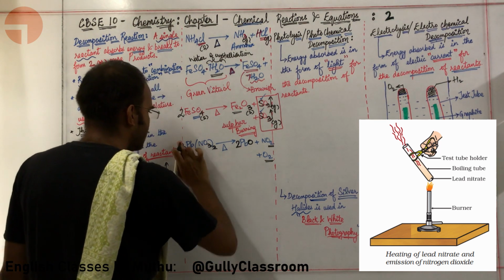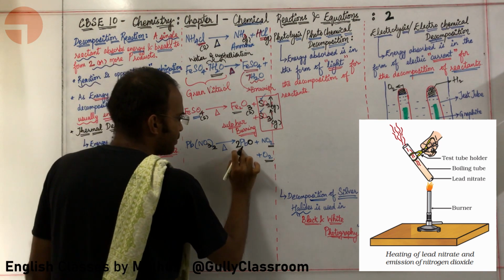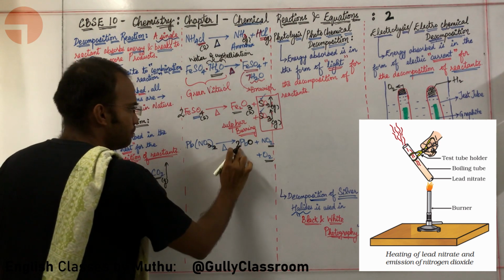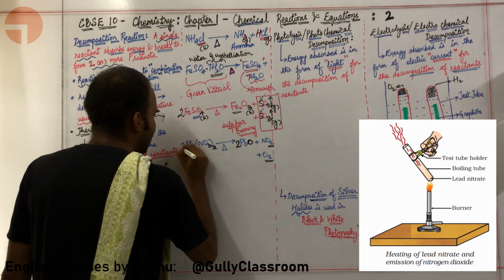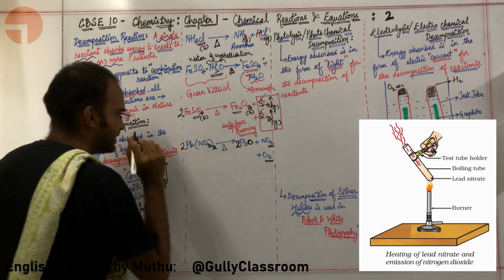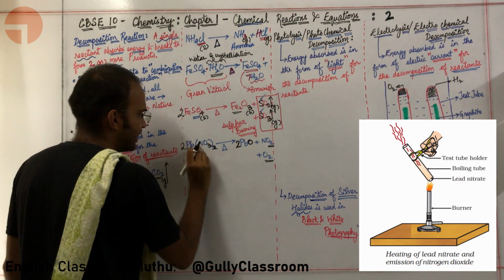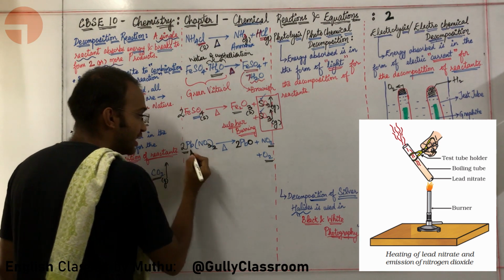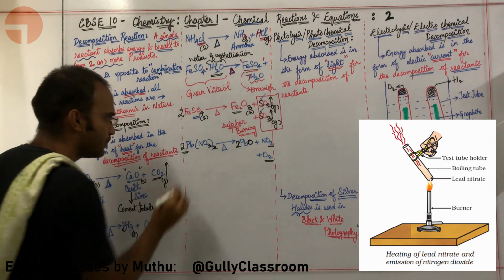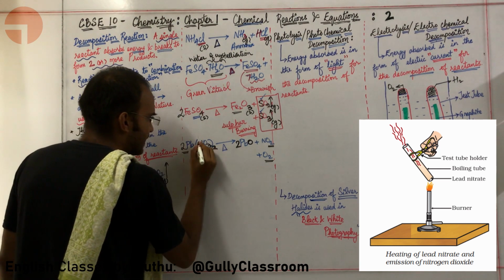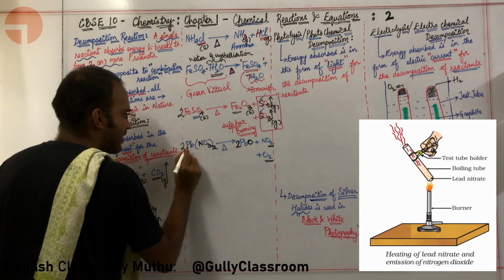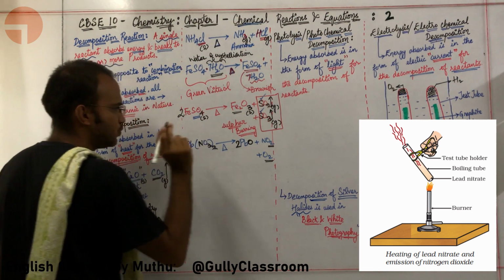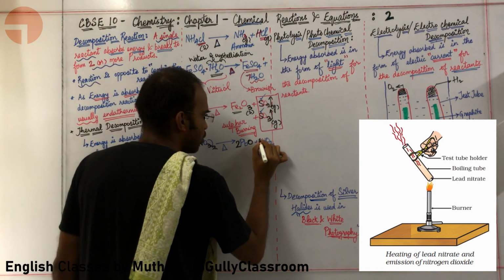So what am I doing? I want an even number of oxygen here also, so I am putting the smallest even number, 2. Now Pb becomes 2, so I am going to add a 2 over here. Now let us count nitrogen. N2. Here nitrogen is 2, but since I have added a 2 here, the total number of nitrogen is 2 into 2, 4. So I need to have 4 over here.